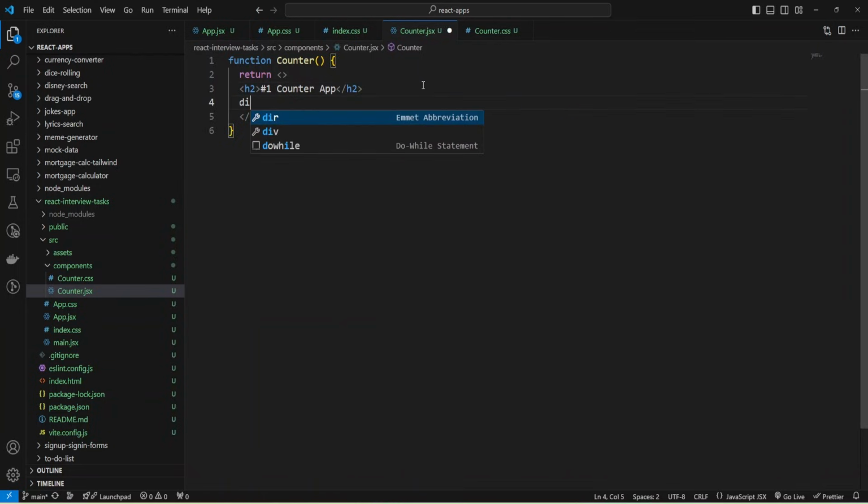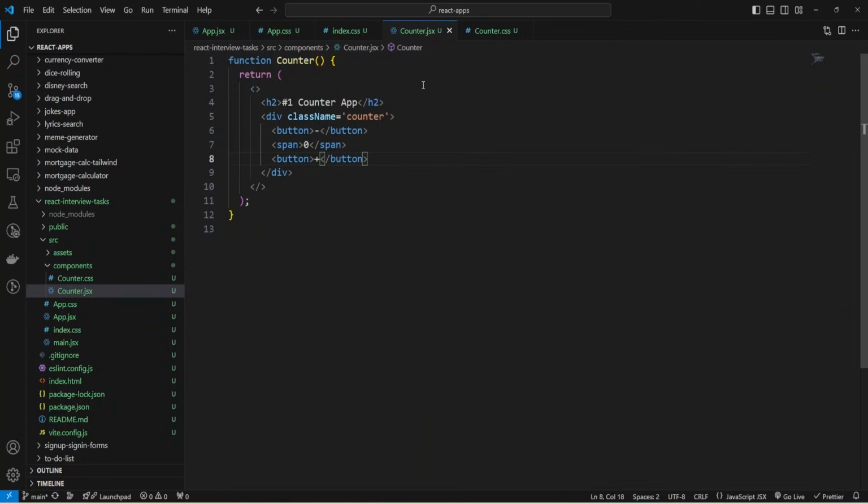And now I can create a container and add the class name counter. And inside the container we'll have a button with minus, and also I'll add a span and will provide 0 initially, and also add a button with plus sign.